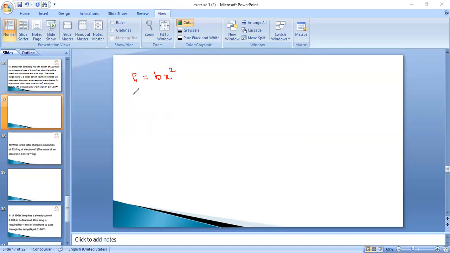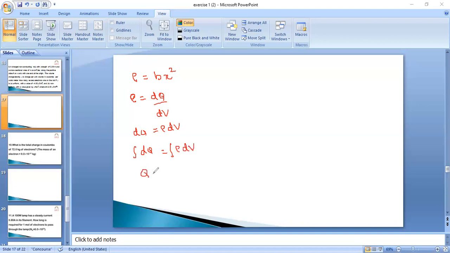See here, what is the formula for density in general? Rho is nothing but dq by dv. Since it is non-uniform, we can write like this. What is dq then? Rho dv. And finally, you have to calculate the number of electrons with charge, so total charge you have to calculate. By taking integration on both sides, integral dq equal to integral rho dv.